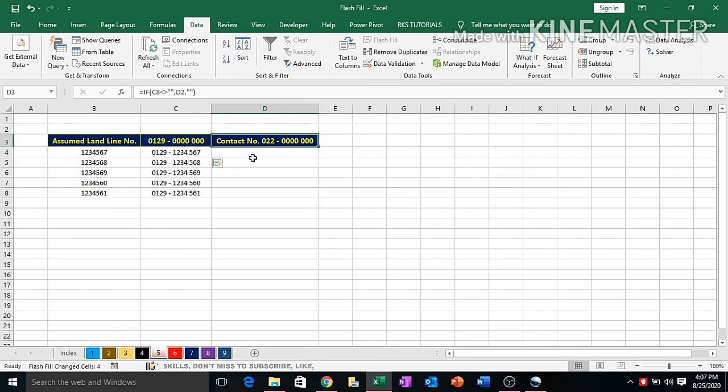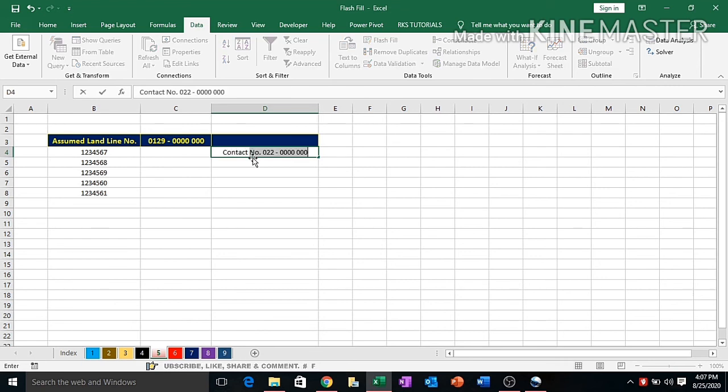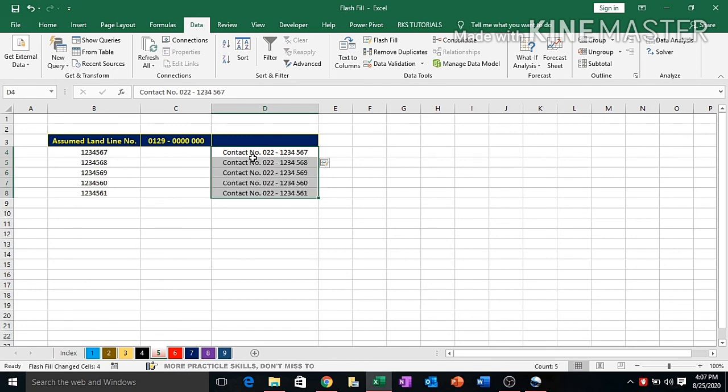Similarly, you can convert it in this format, that is contact number 022 and then the number, but it will create a problem because we have some other data in the column just beside the column we are working with. So better either you apply the formula, apply Flash Fill over here, or you just remove it so that it can pick the data from the very first column. So we write the contact number 1 2 3 4 5 6 7, and now you apply it, it works efficiently.